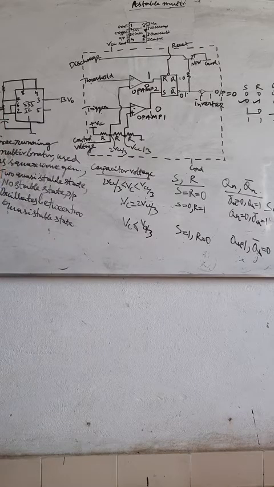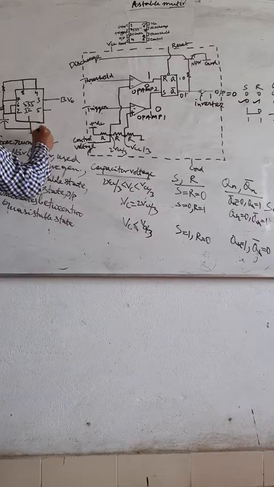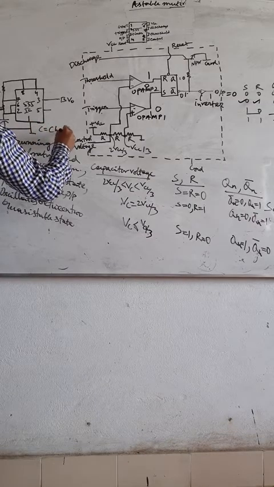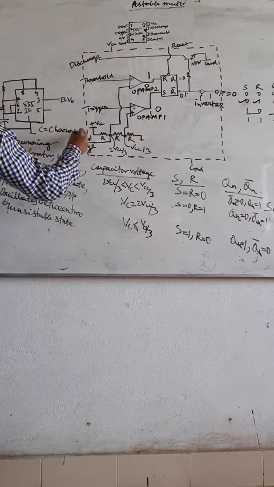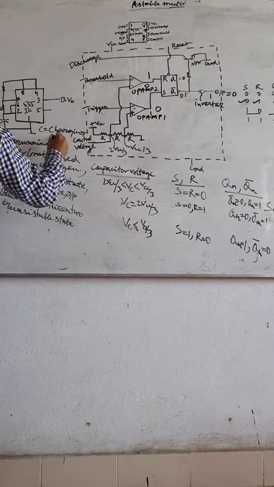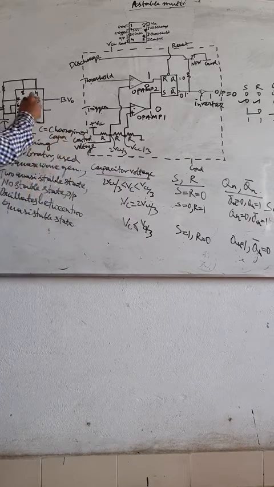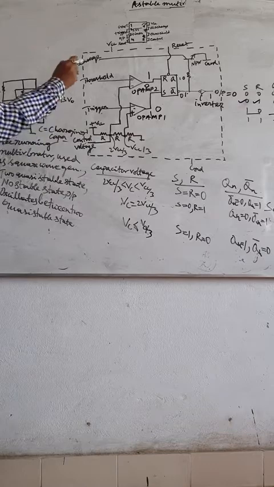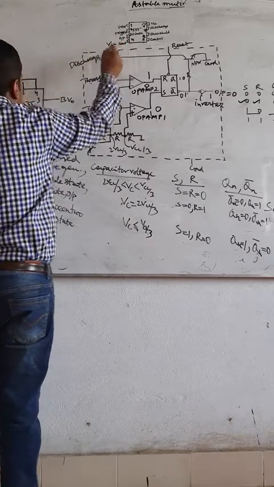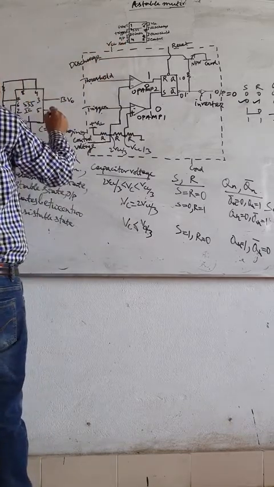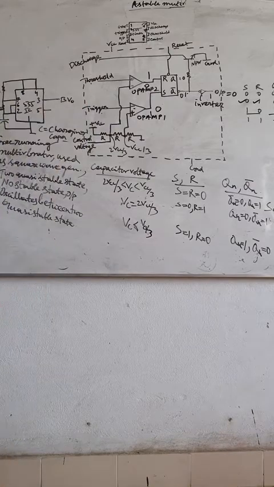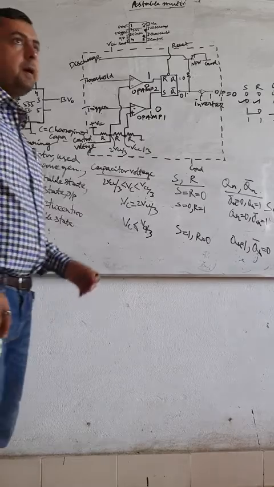This capacitor is called the charging capacitor. Pin number 3 is your output, as mentioned here: ground, trigger, output, reset, and pin number 5 is your control pin. One noticeable thing here in case of astable multivibrator,